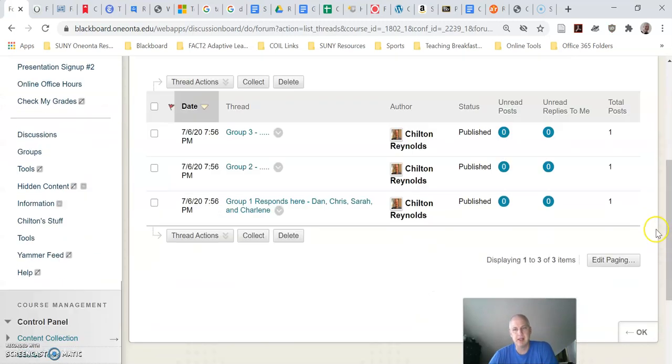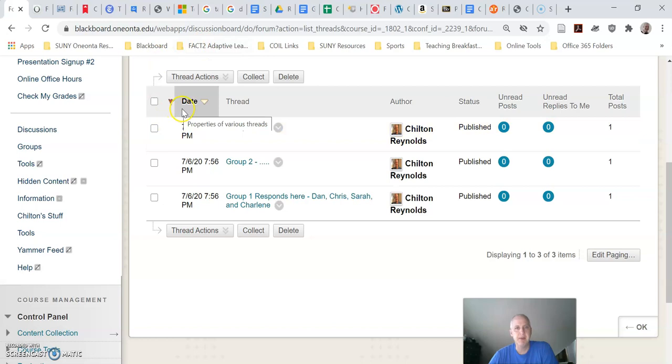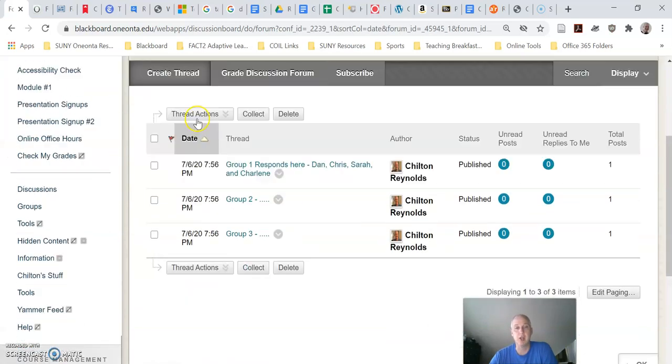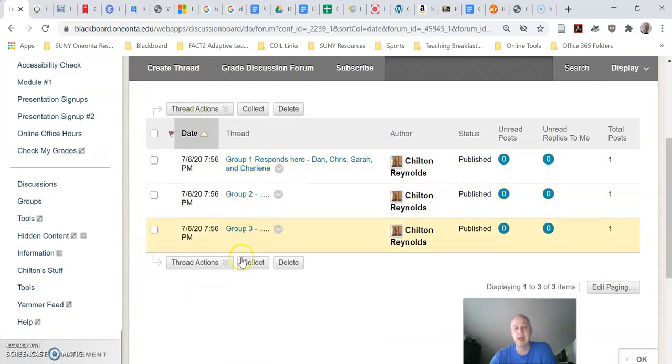Now the other thing, again, this goes back to your personal preference. Some people don't like to have them listed in reverse chronological order, so if you just click on the word date again, it can swap it around so the one you posted first is at the top and then it has them go this way. You can use any of these across the top as a way to sort them. Most people like to have the date where it's either the most recent one at the top or the earliest one at the top. Either way,